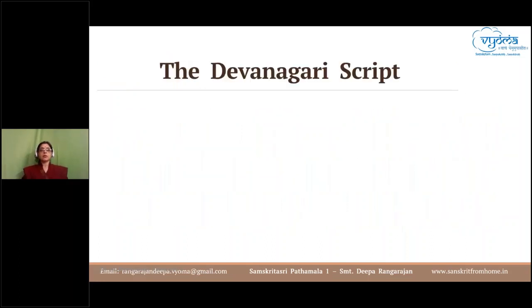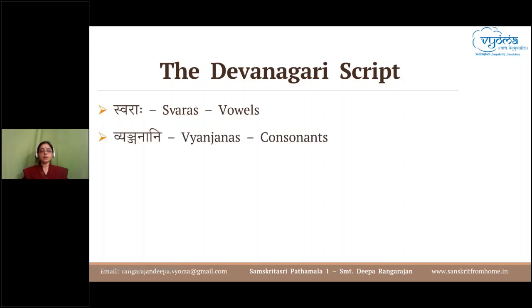Let us quickly go through what we have done so far in all the classes. We have completely seen the Devanagari script and its components, the swaras or the vowels, which are 13 in number, 5 hrasva swaras and 8 dirgha swaras, including o and au. And then we saw the consonants, which are 33 in number, which are divided into Vargiya Vyanjanas